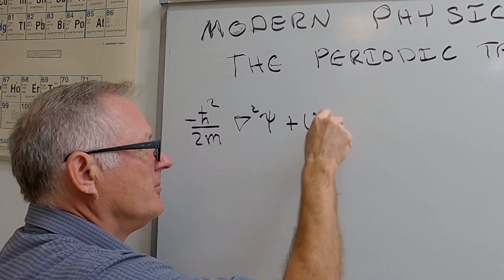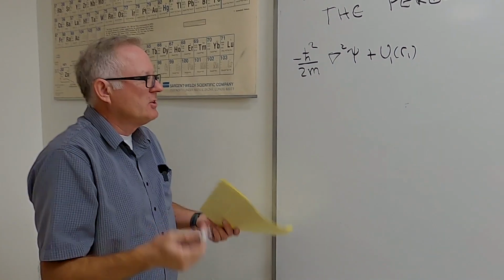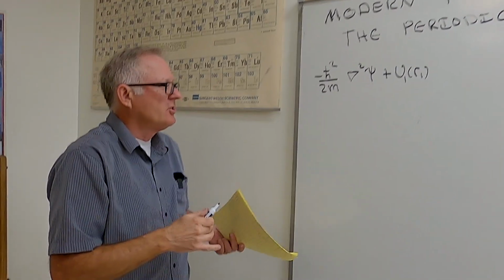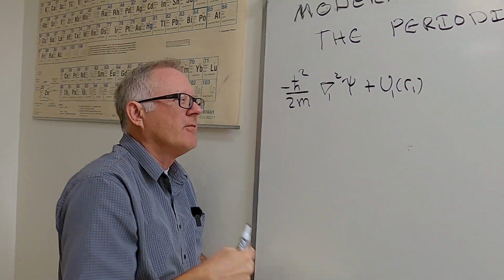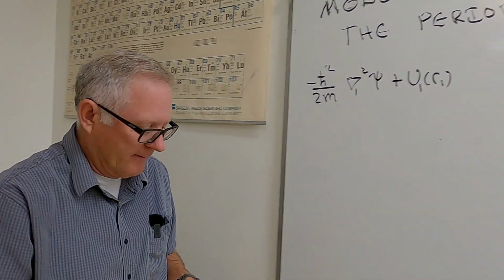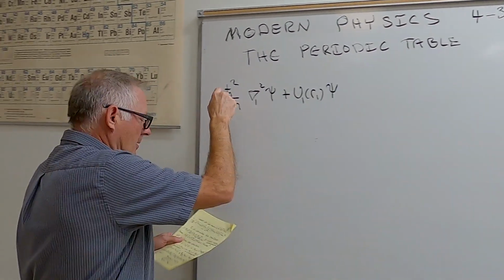It's a function of, say, R1. One of the electrons is at position R1, the other one's at position R2. So this is the Laplacian for particle 1, right here, times psi, plus